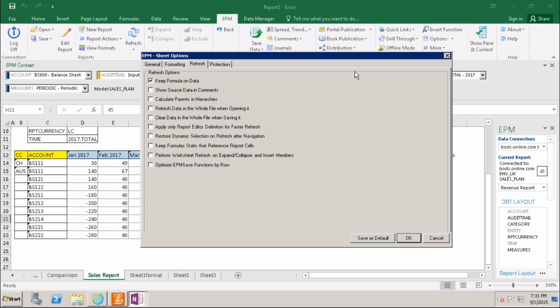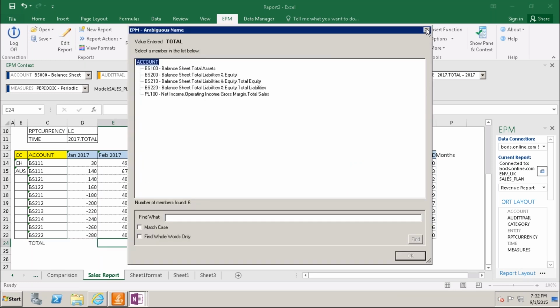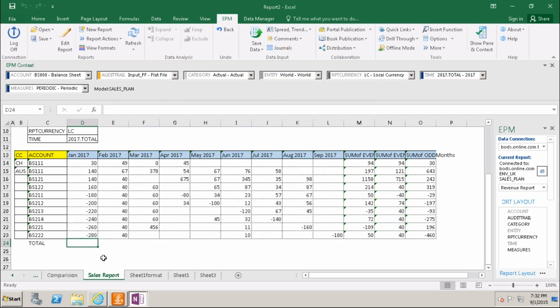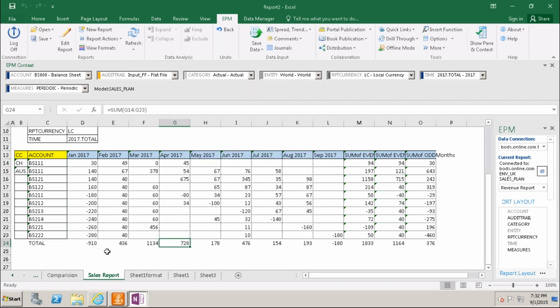Keep formula on data: for example, if we have manually entered a total, I go to the sheet options, remove total, and enter the formula equal to sum of, the same thing we saw yesterday, then Control C, Control V, and refresh.